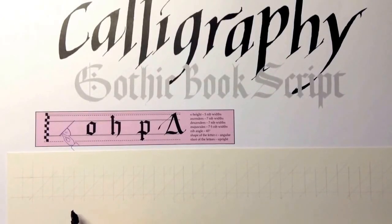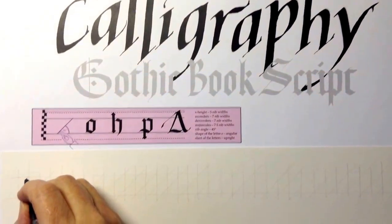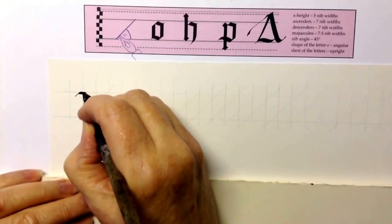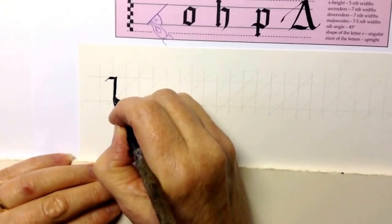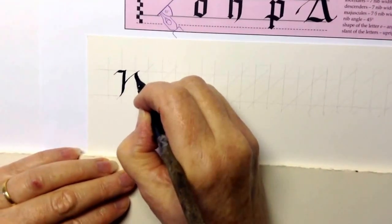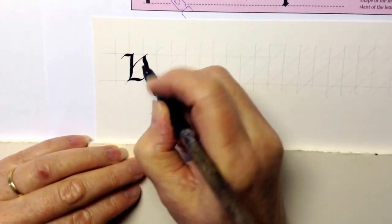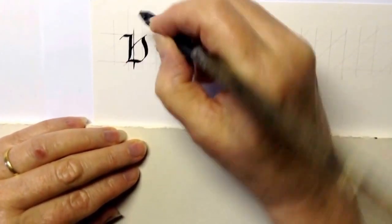This second letter family are wide letters, and we're starting with ones that follow the same stroke sequence. So the letter D is a wide letter. And as with the first letter family,